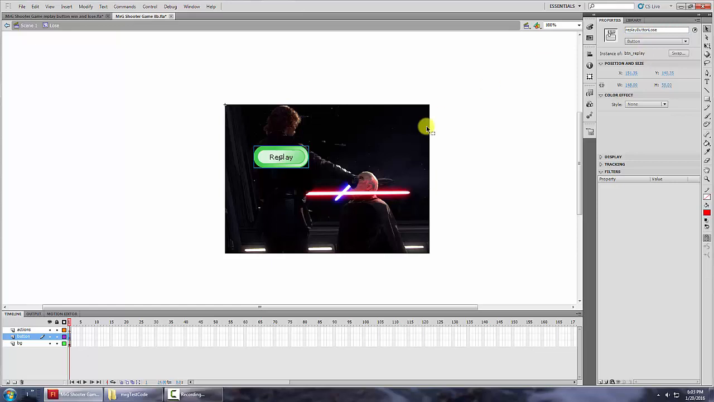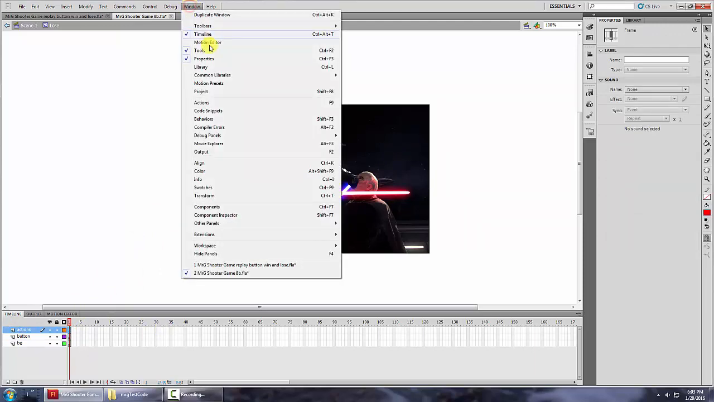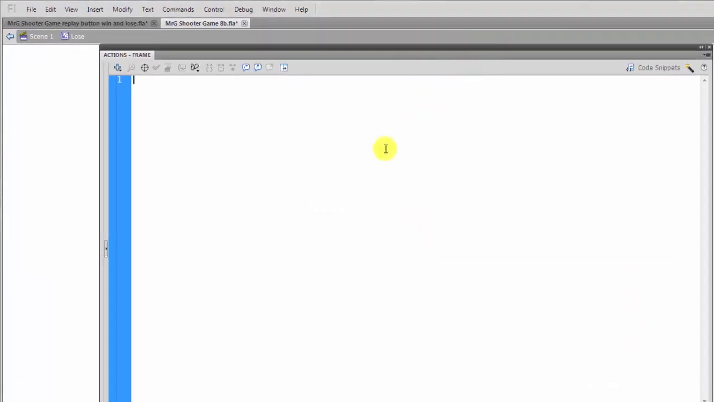So hit enter. Then we have to go and do our code. So go to the actions layer, first frame in the actions layer. Remember, I can't press F9 because it pauses my screen recording software, so I have to go the long way. And so this is pretty simple code, or short amount of code. So we're going to say replay button lose, so that's the instance of that button, and we're going to add an event